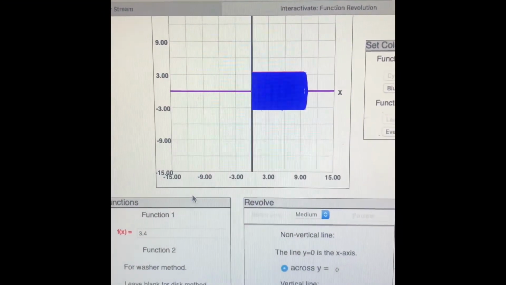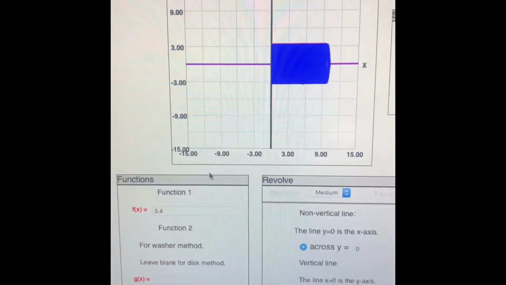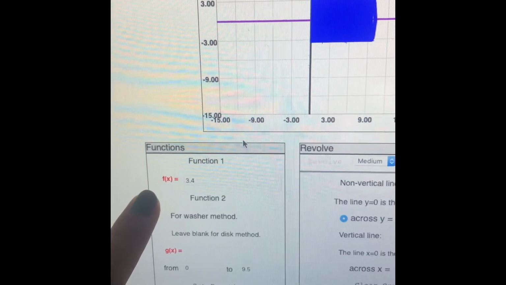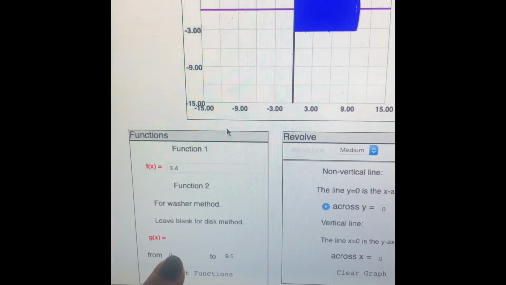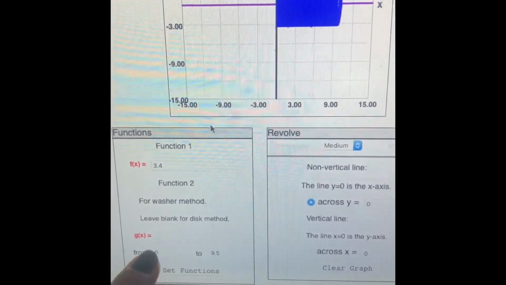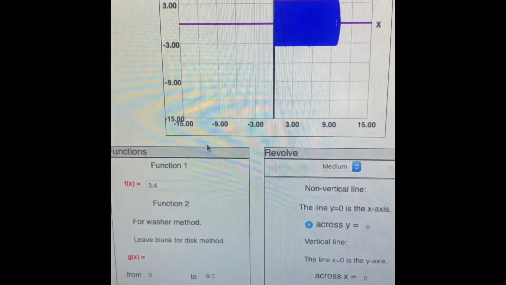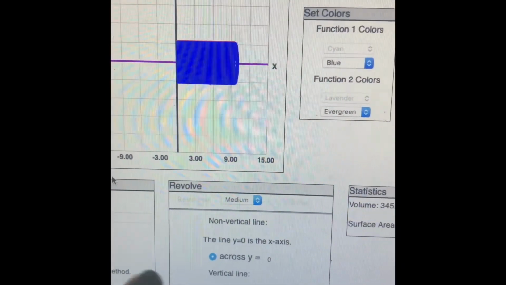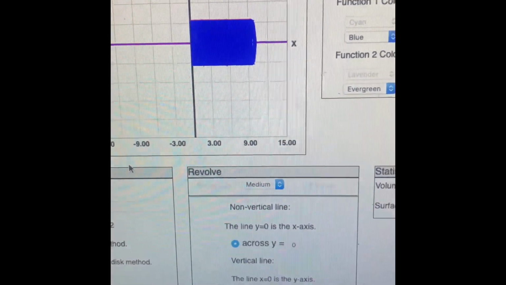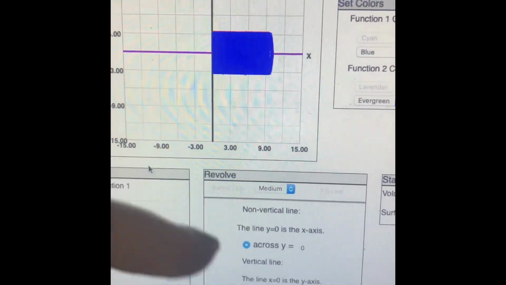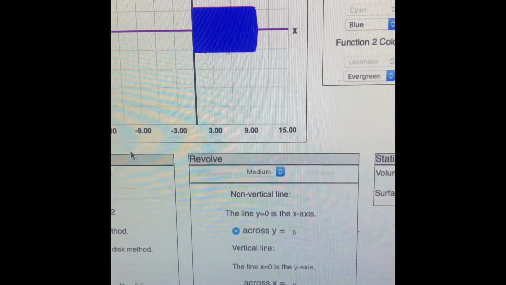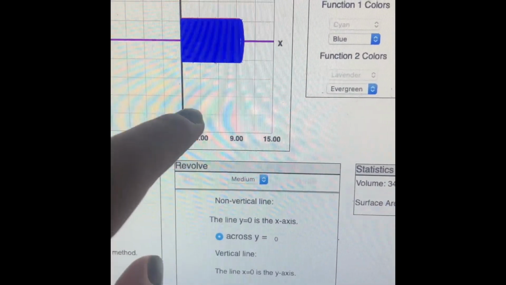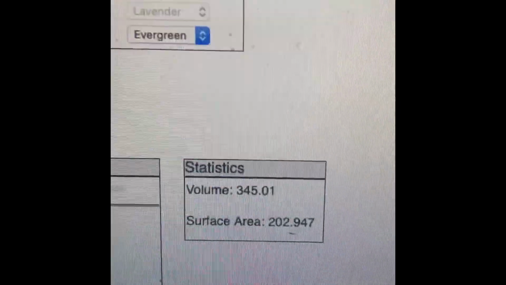Hi, today I'm going to show you how to graph in an online volume calculator. First, you have to input your function here, which I already did. It's 3.4. Then you have to select your axis, which is 0 to 9.5. That is the length of the cup. You click set functions, and then you have to make sure that you're in this option. That means that it's going to revolve around the x-axis, and you click revolve, and it will show you the complete image, and it will give you your volume and surface